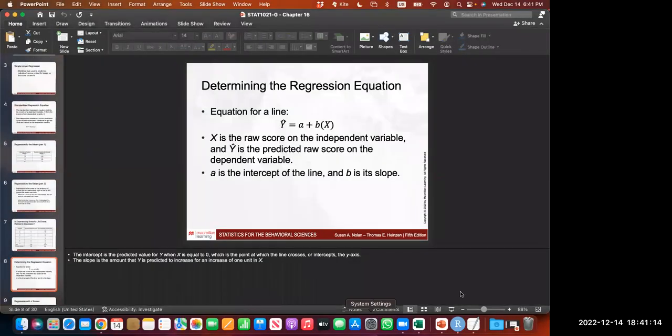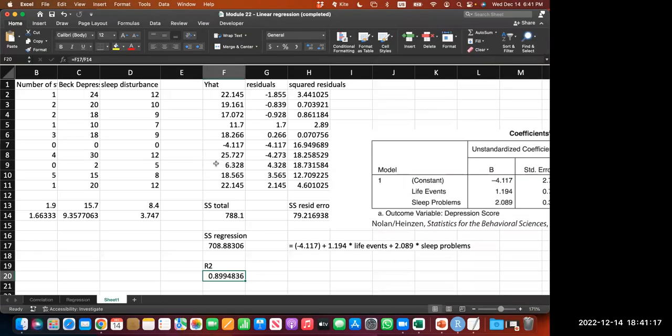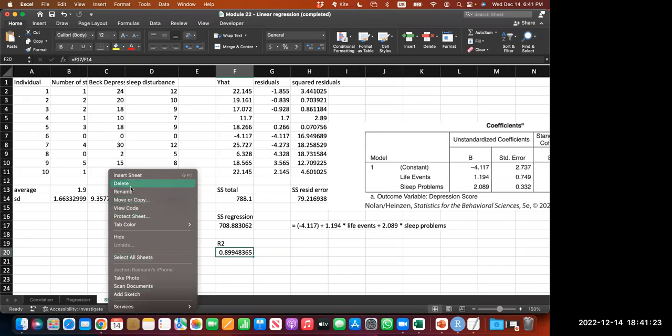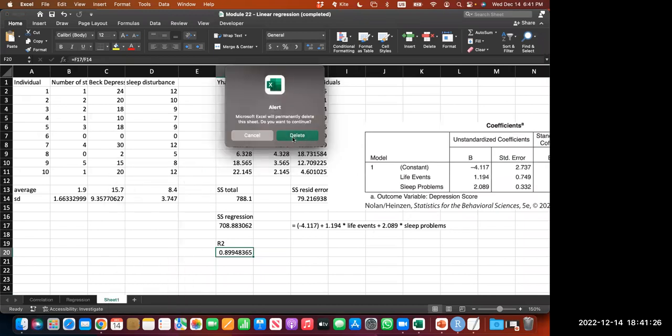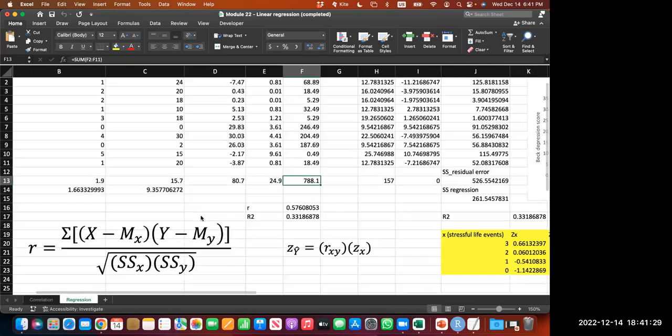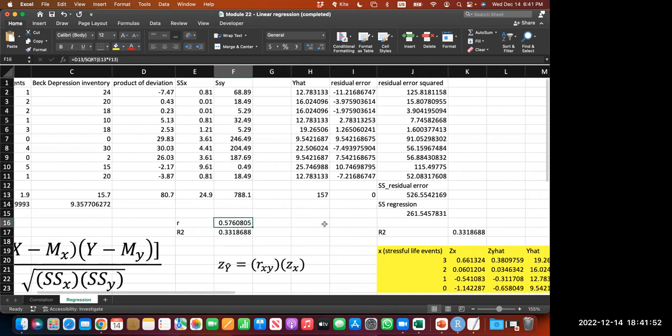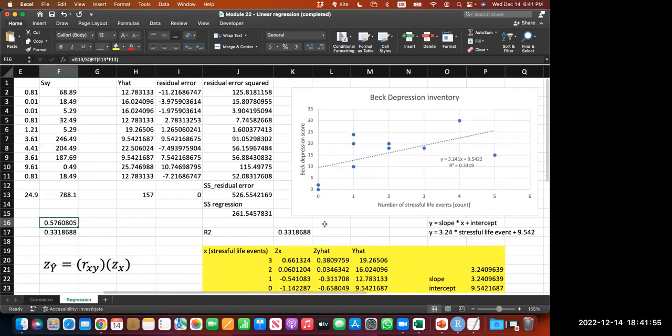If you remember from last class, what we did was we calculated, based on number of stressful life events and Beck Depression Inventory, the product of deviation, which is the deviation of x multiplied by the deviation of y. We sum this product up, and this gives us that product. Then we calculate the sum of squares, and that gets us to the R, the correlation coefficient. And then, and this is really what's important to keep in mind here,